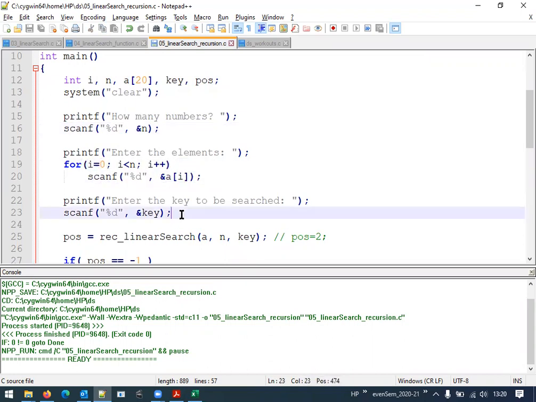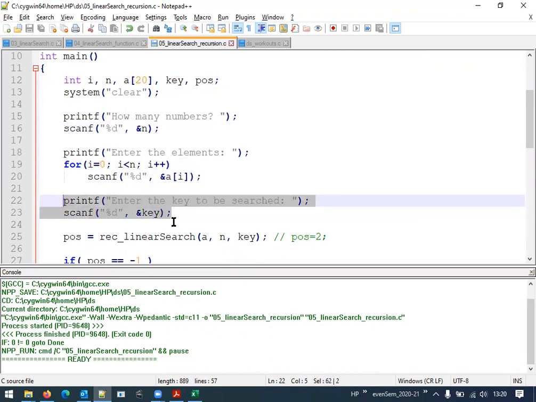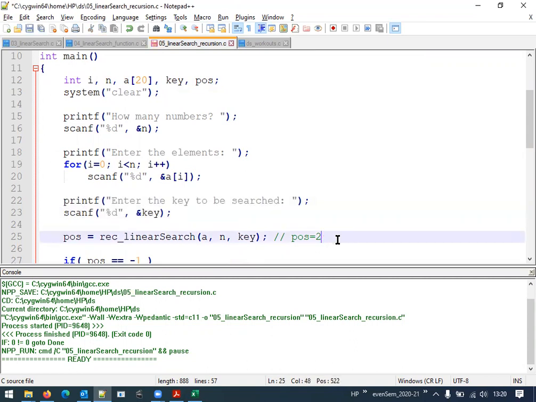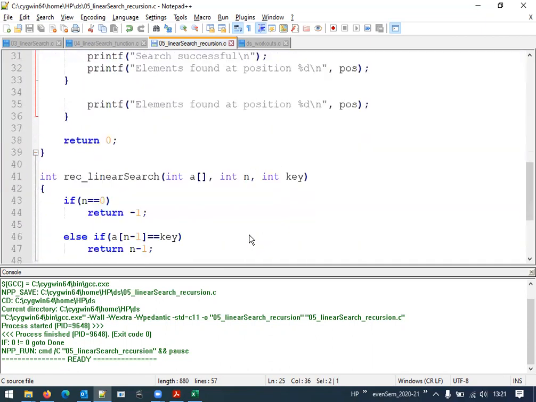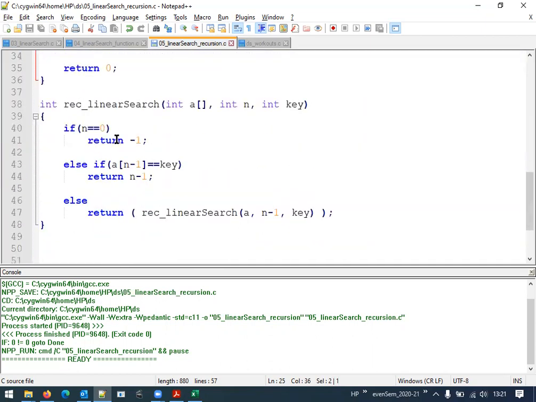Then read the key element that we are going to search for. Now the function recursive linear search gets called the first time from the main function, passing the array, the number of elements, and the key element. Now let us jump onto the function.